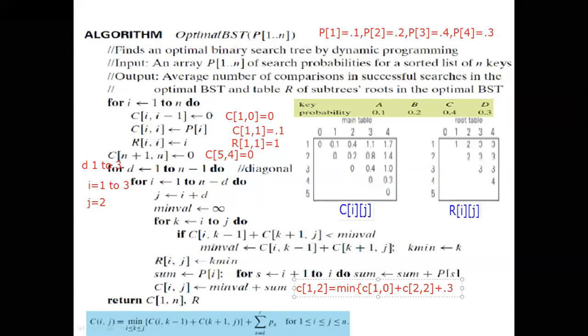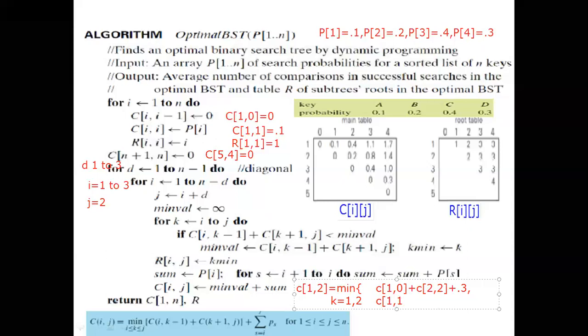K value I have not written. I will write the K value also. First, I will write the K value. I missed doing that one. What K value will come? Here K is equal to 1, 2. Already you know, we solved that one. K is equal to 1, 2. And one more value you have to write here. I will continue here. This one I will move here so that it will be clear. For K is equal to 2, K is equal to 1, I write C of